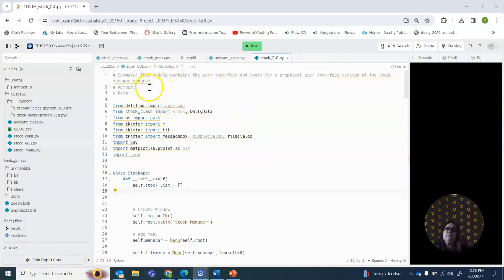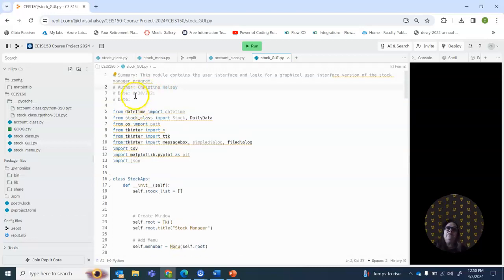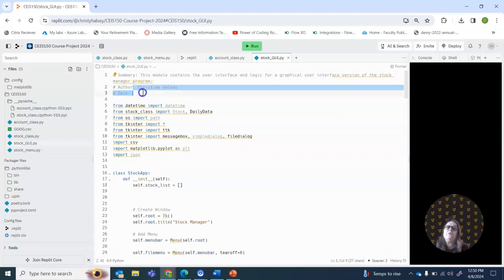Okay, so here let's take a look at the code and make sure you put in your name as the author. And if there's any D numbers in there, I know they're coming from where we copy the code sometimes from the directions, but make sure you're updating your D number and your name in there, because if you're submitting work with somebody else's name and D number on it,